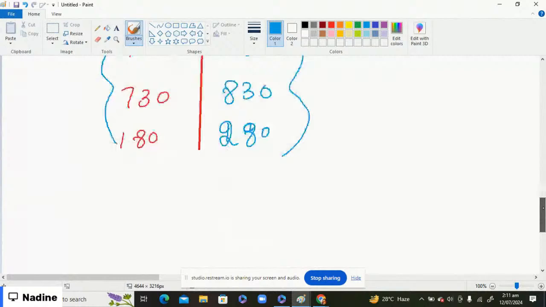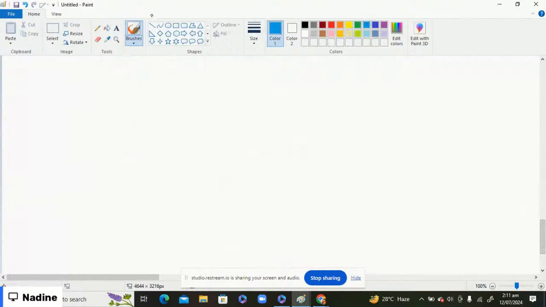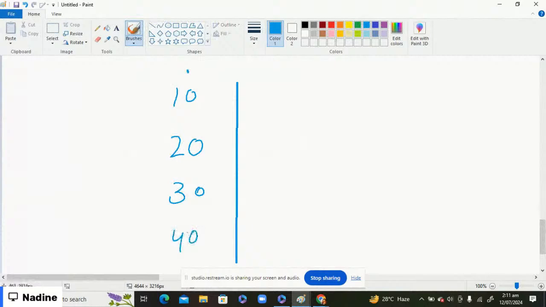Okay, like for example, if I'm going to write here some numbers, your inputs are 10, then 20, then 30, then 40, and they are saying add 5 to all of it. So what does it mean? It means that when you add 5 to all of it, 10 plus 5 is 15, 20 plus 5 is 25, 30 plus 5 is 35, 40 plus 5,